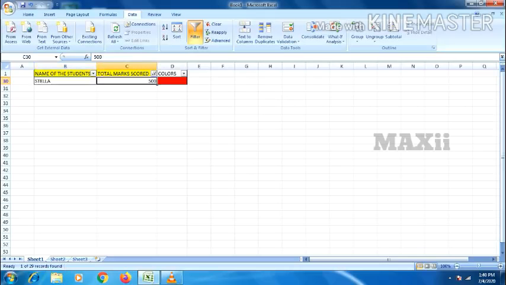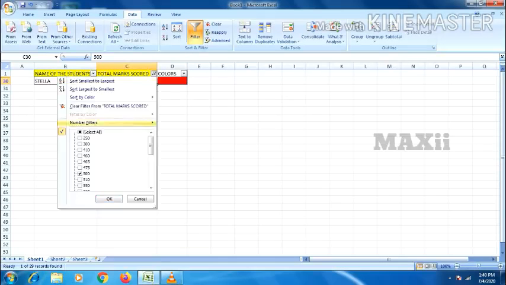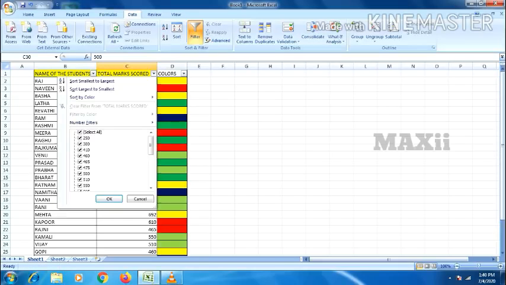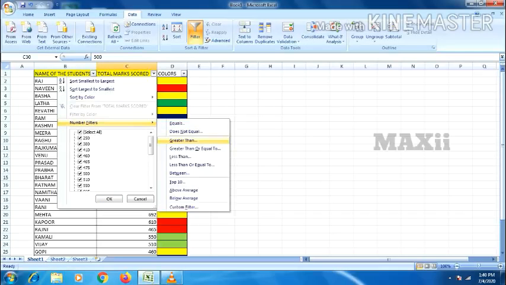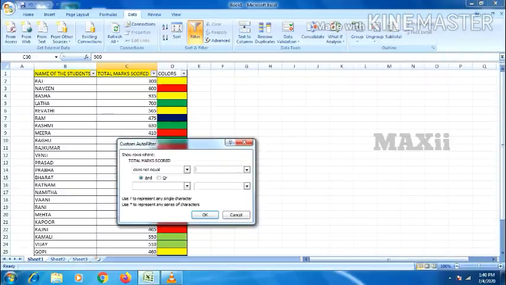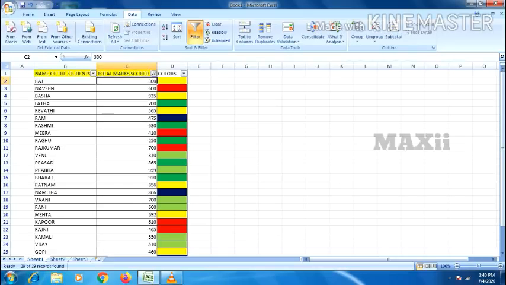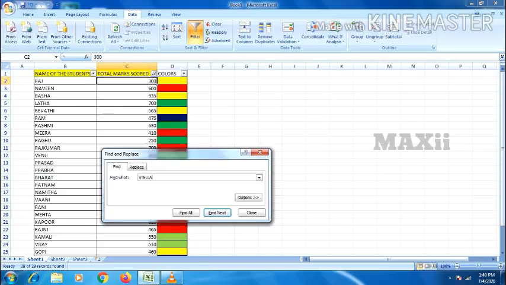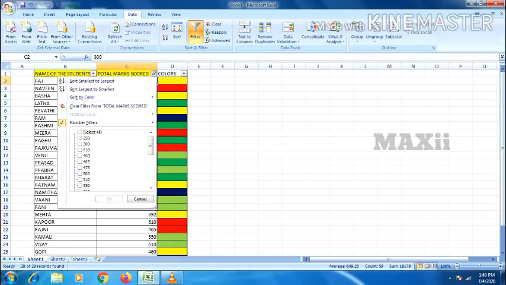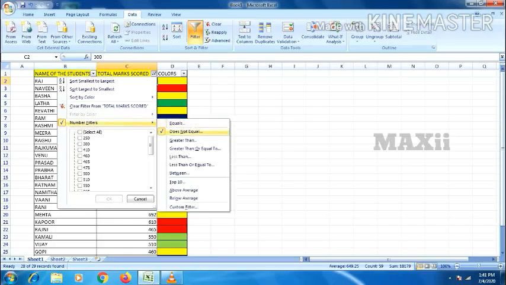Did you see that? Stella has got 500 marks. Or if you want does not equal to, I don't want only 500; apart from 500, I want all other data. Give OK. Now if you look for Stella, she will not be there. Nothing. So it gets filtered except that 500.